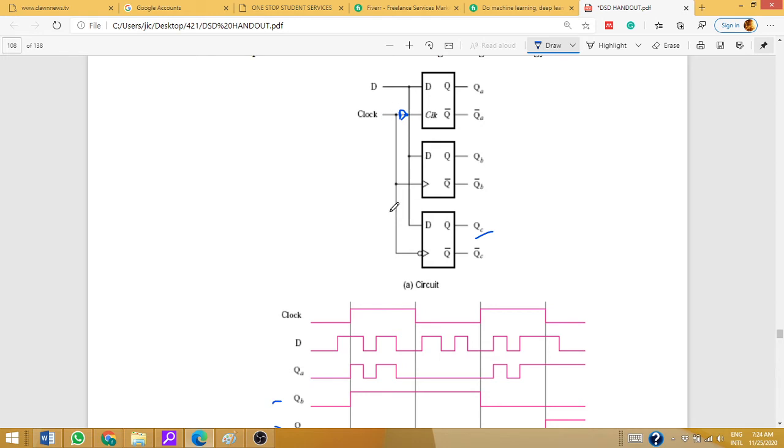Or similarly, Shabab, if I connect here, now the levels will be different. If I ask you, Shabab, to redraw this diagram based on this circuit, I added two inverters here. This latch is connected after an inverter. This negative edge is connected after an inverter. So what will be the changes now? You have to draw it again. Draw QA, QB, QC based on this now. Try to do it yourself.